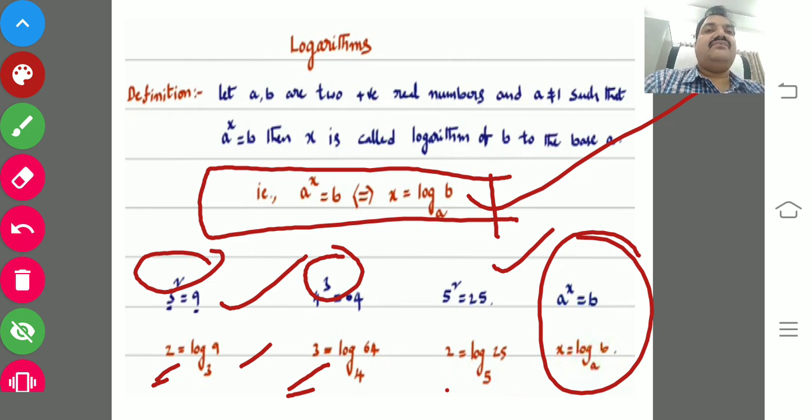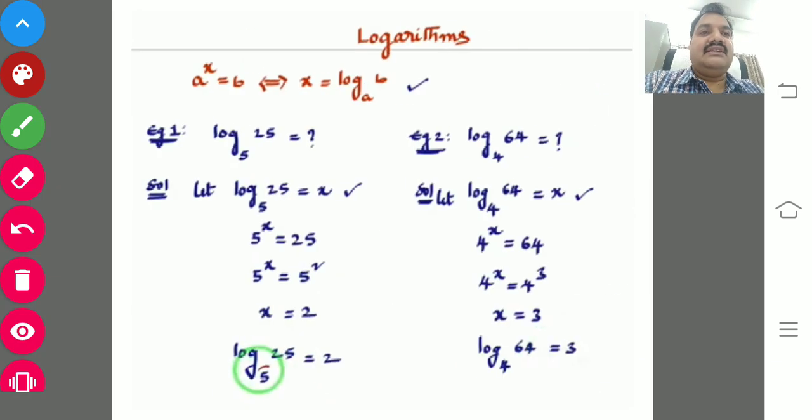If I gave the definition in the first slide, definitely you could get confused. So from those examples I have written these slides. You have to keep it in your mind that a power x equal to b is an exponential notation if and only if I can convert it into the logarithmic notation x equal to log b base a. You just keep it in your mind. Using that we will go and find some problems. Get ready, children.